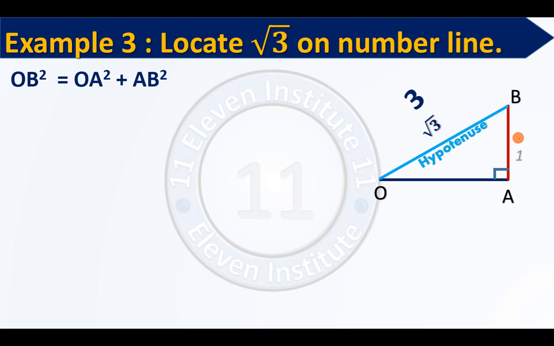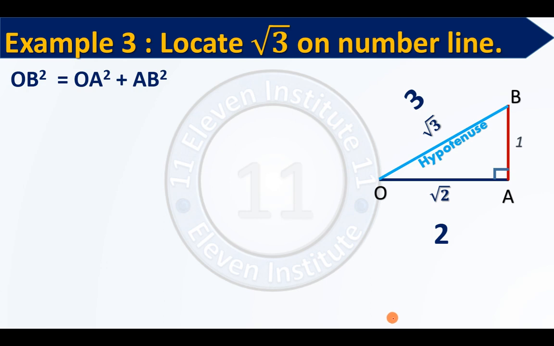So we take AB as 1 unit, so 1 square is 1. Now if this is 1, and by adding the number over here you want 3, so definitely the number over here should be 2, because only 1 plus 2 can be 3, right? Now what is 1? 1 is the value of AB square. What is 2? 2 is the value of OA square. So if OA square is 2, then what should be the value of OA? It should be root 2.